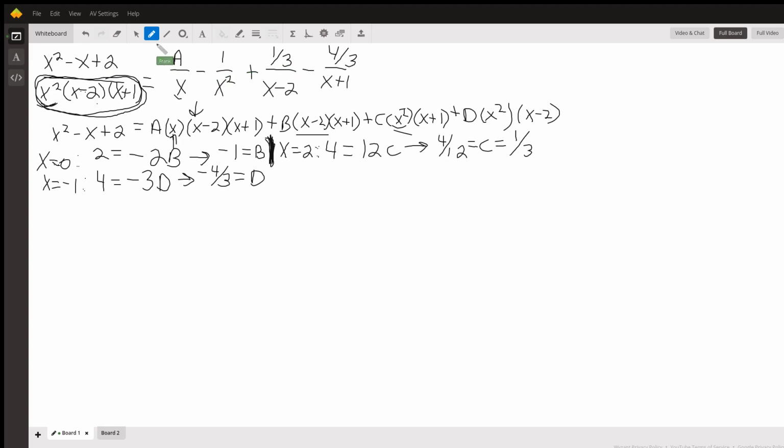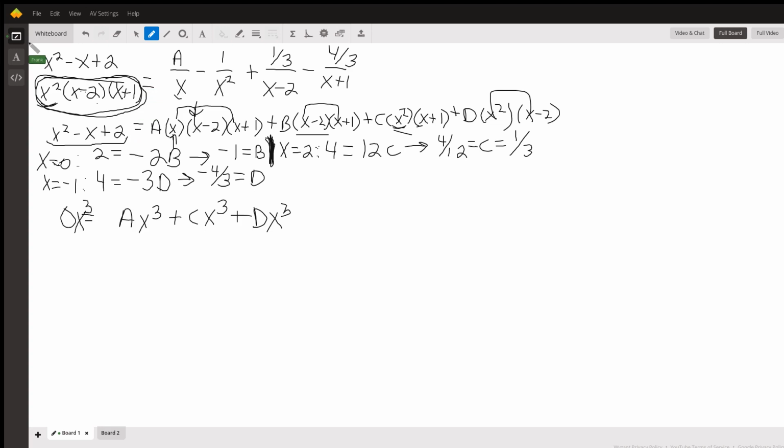Okay, how am I going to get a? Let's check this out. The first term, I don't care what all the other terms are going to be, but the first term here is going to be x times x times x, which is x cubed. So I'm going to have an ax cubed. And the first term of b is just going to have x times x, so x squared is the biggest term for the b. C is going to have x squared times x as the first term, so in other words, there's going to be a cx cubed. And d is going to have an x squared times x, which is x cubed, dx cubed, so there's an x cubed term there. All right, what is the x cubed term on the left side? Over here, there is none. The coefficient of x cubed is 0. So 0